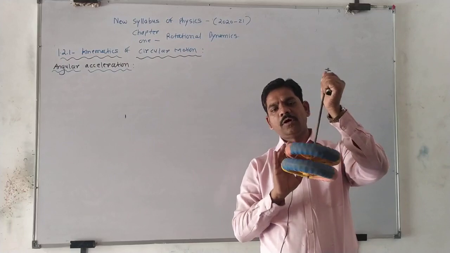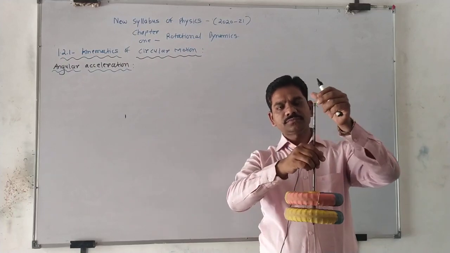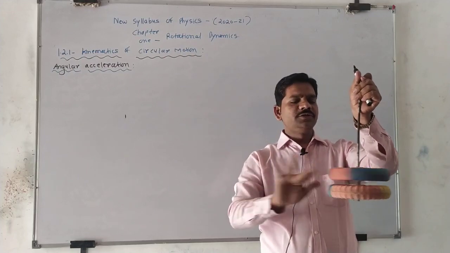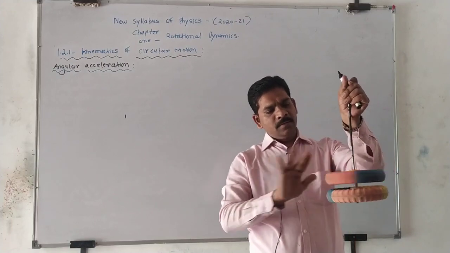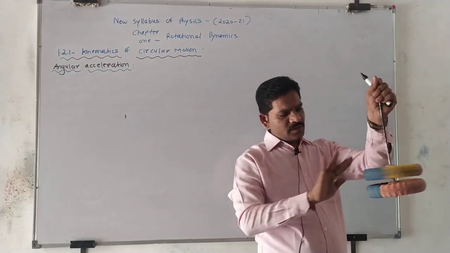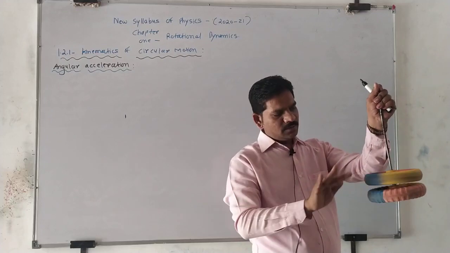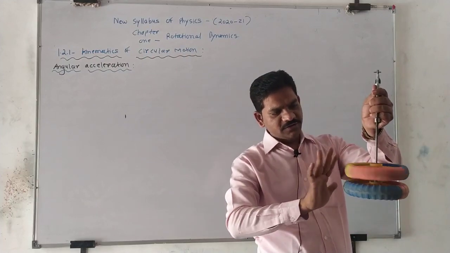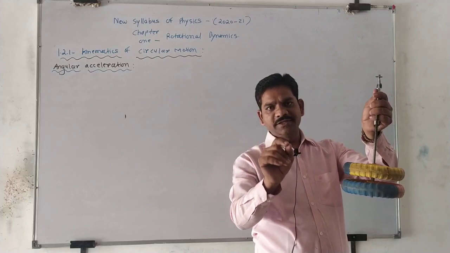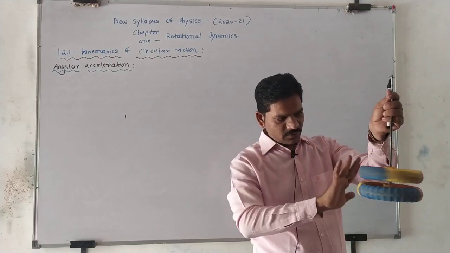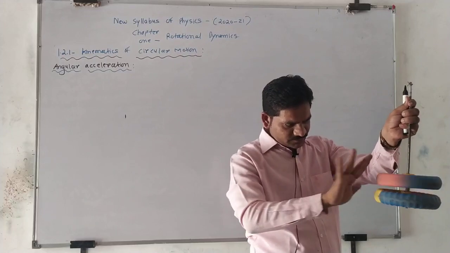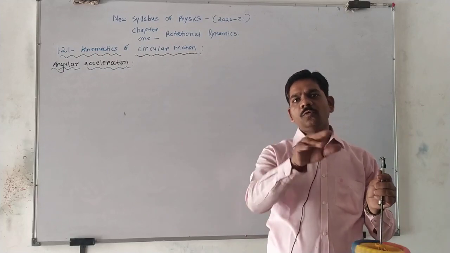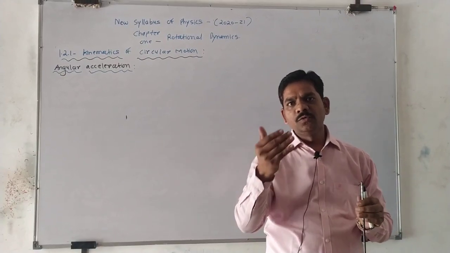I have this body, these objects. This body rotates in which form? In circular motion form, right? But in angular acceleration, the velocity will be changed. Which velocity will be changed? Angular velocity will be changed. Suppose the initial velocity is omega 1 at time t1, then after some time the velocity is omega 2. Omega 1 is changed to omega 2 in time t1 to t2.